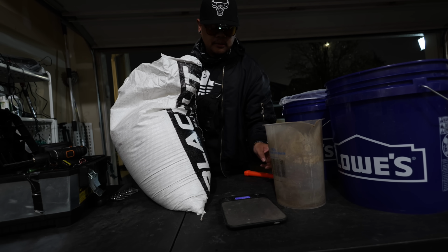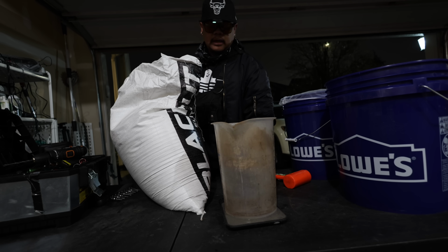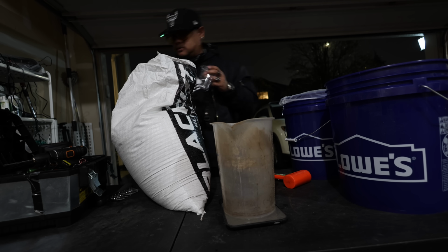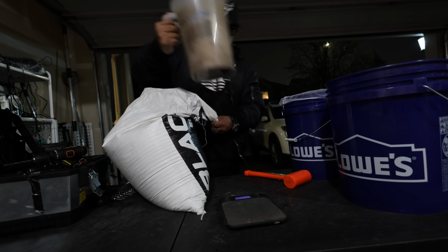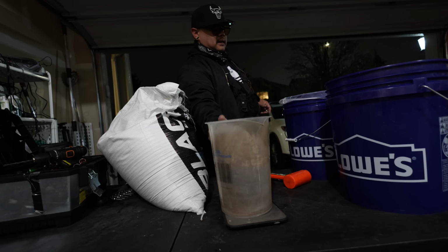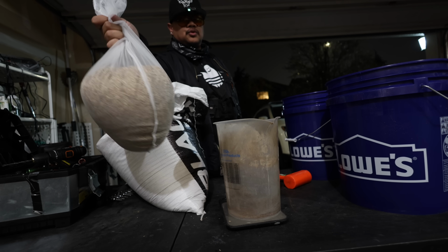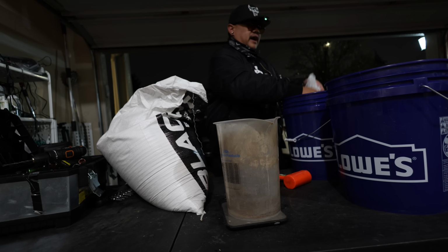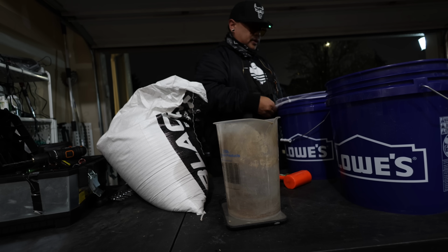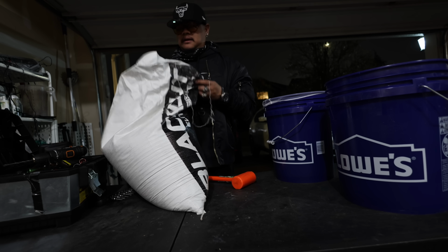So turn on your scale, set it to pounds, and then reset it again. Now it's zeroed out. This whole thing filled up is 5 pounds, I guarantee you. Watch. Yeah, whole thing is 5 pounds. That's a good amount, bro. That's what you want to do. 5 pounds per 5-gallon bucket is my recommendation, and I've been telling a lot of you guys to do it this way as well. All right, don't forget to put your Night Shift label in the bag